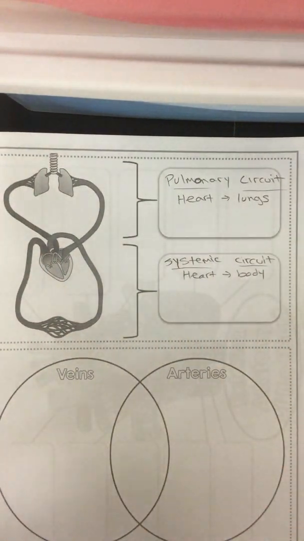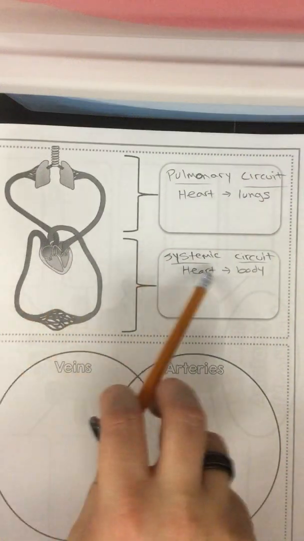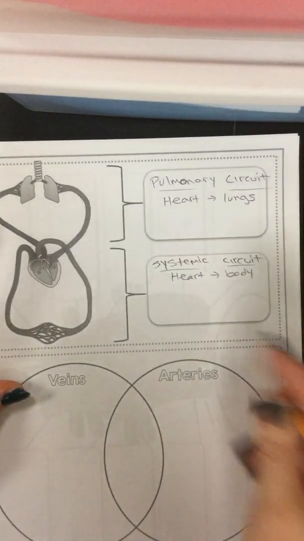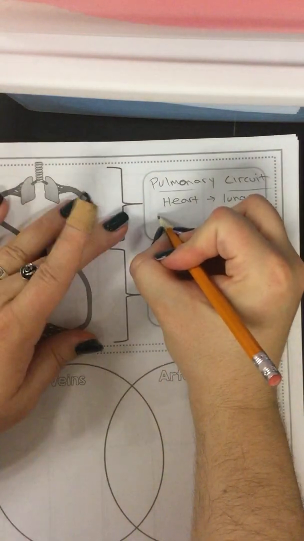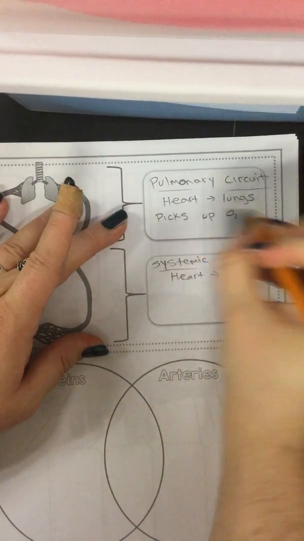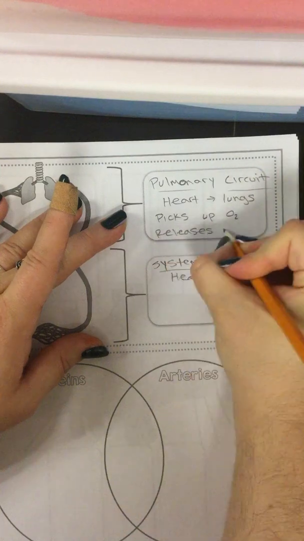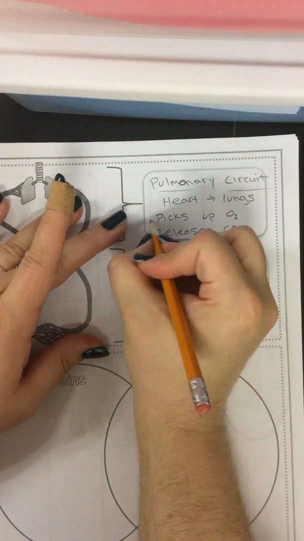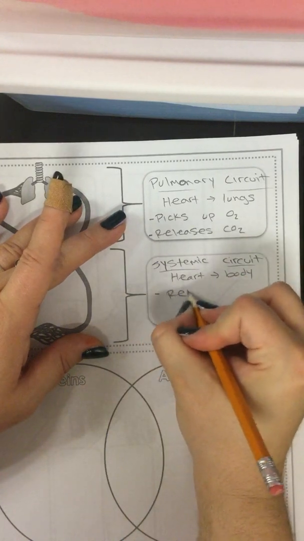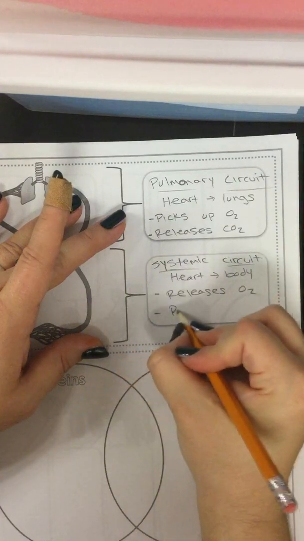And obviously it is a circuit, so it's circular. It goes heart, lungs, back to heart. This one goes heart, body, back to heart. What the pulmonary circuit does is picks up oxygen, which is O2, and releases CO2 in the lungs. This one goes the other way around. It releases oxygen to the body